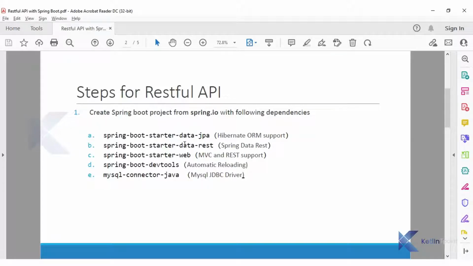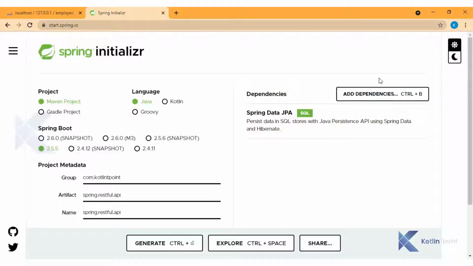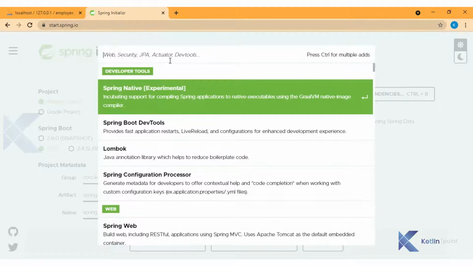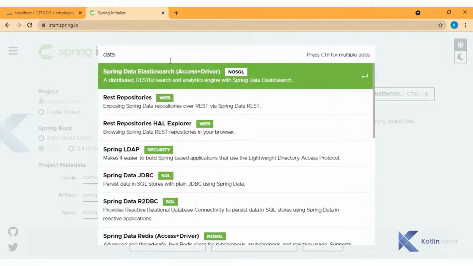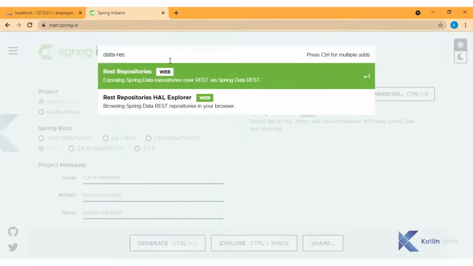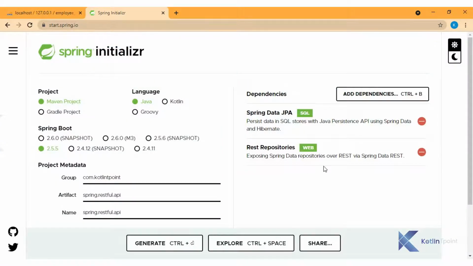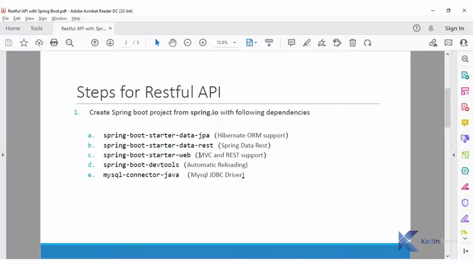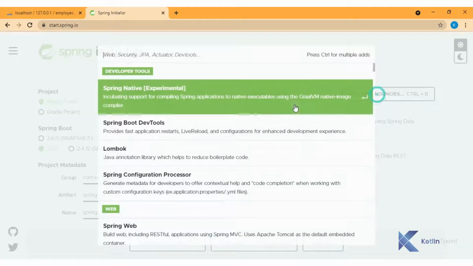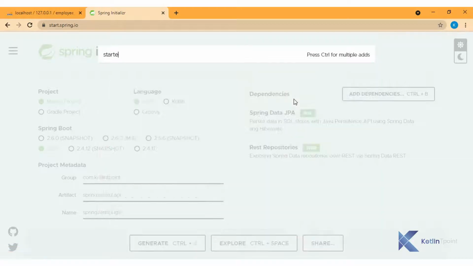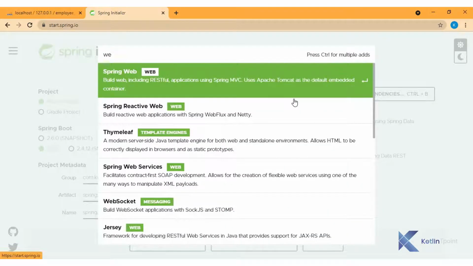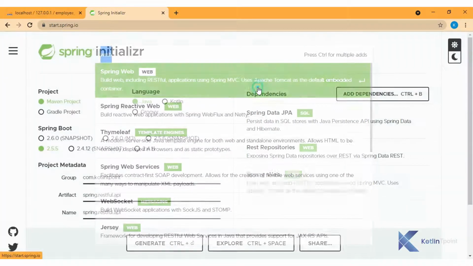Then data REST, another dependency which will make our RESTful API coding easier. So I selected data REST, the REST repository. Then starter web is another dependency we need, so I will select Spring Web.